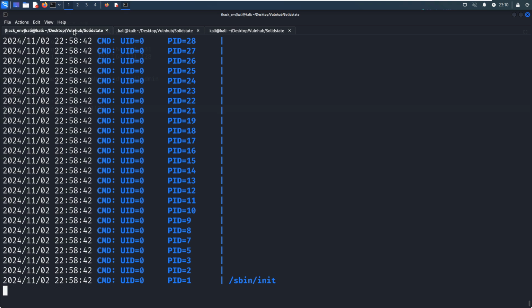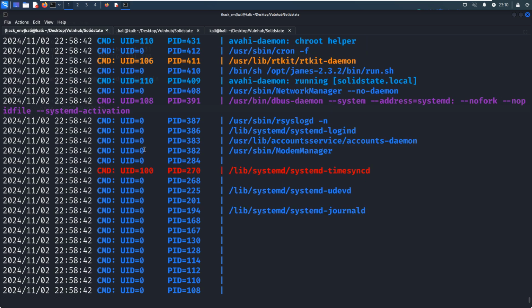We need to give it a bit of time, like 1 minute or 2 minutes. For those processes, if the UID is equal to 0, this means the process is owned by the root user, okay?